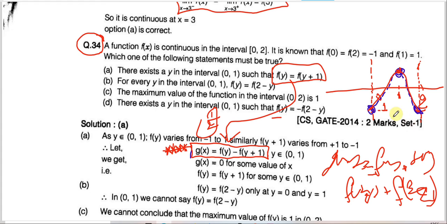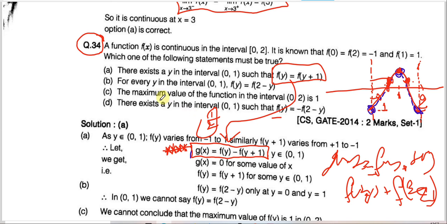So 1 by 2 plus 3 by 2, will it come 0? Let's see here. 1 by 2 will be somewhere here, and 3 by 2 will be greater than 1 here. So it cannot be possible that the sum of these two will be 0. It will be only possible if one value is coming out on the positive side and one value on the negative side. Then only if you add it, it will be 0. So it is not possible.